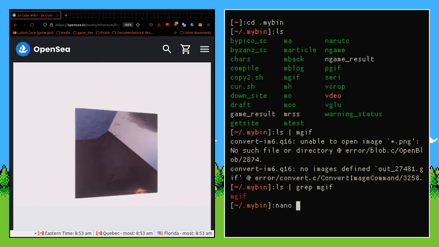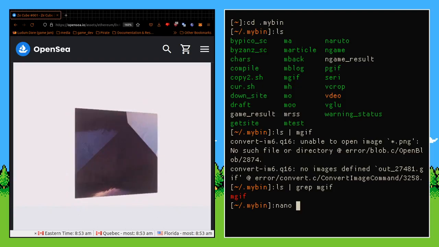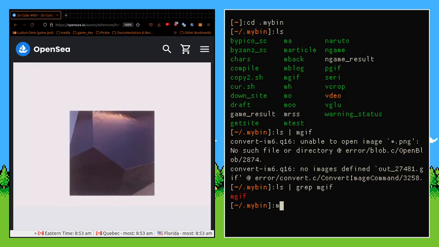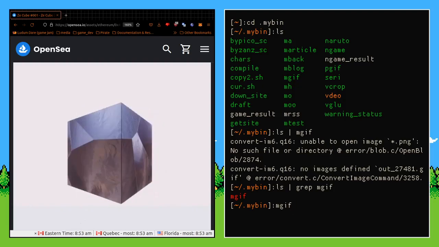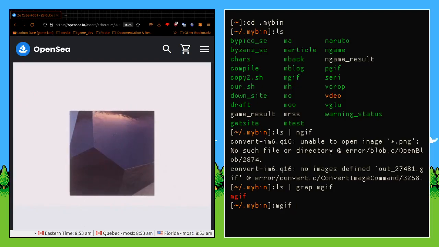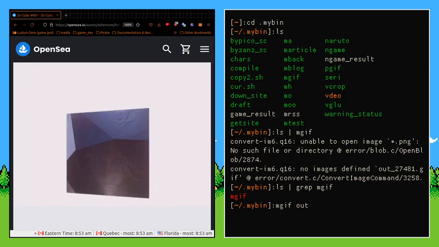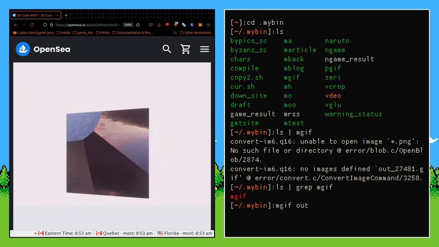What it does basically is it allows me to compile multiple PNG images into a GIF image. And to do this, all I need to do is type mgif in the folder where I have all the PNGs, or I could give it an output, mgif out, so it will call the GIF out.gif.